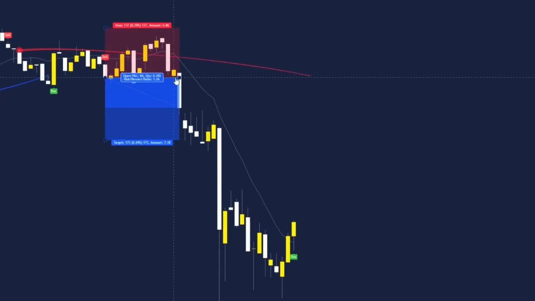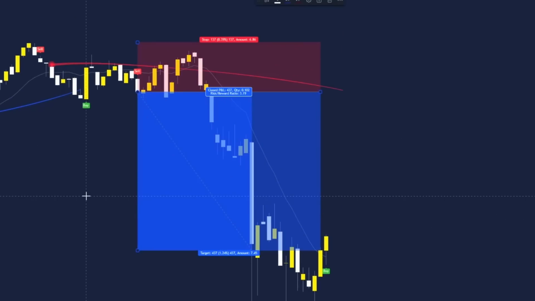Now for taking profits, we won't actually have a fixed zone or a fixed risk to reward, but in fact we will be using a trailing stop method to catch as many pips as possible with the trend. And there we go, that trade has hit our take profit and we can finally close out at a 3.19